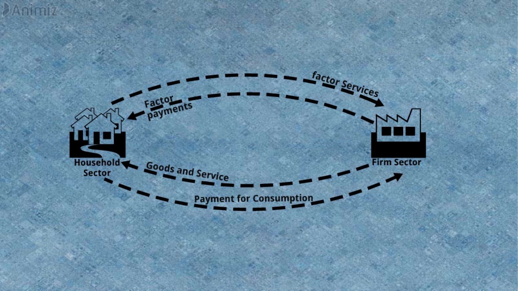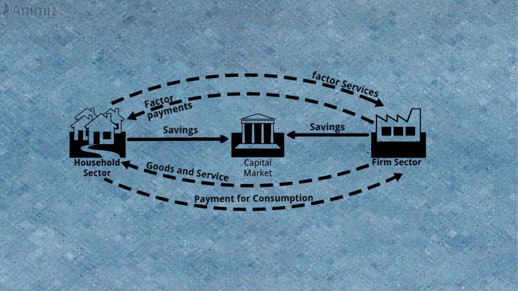Well, it is not ideal to spend all the income into the market. We will make savings out of the income we earned. This is a scenario in which the capital market comes into play. So the household sector and firm sector make savings into the bank, and also firm sector borrows money from capital market, which is an investment made by the capital market into the firm sector.